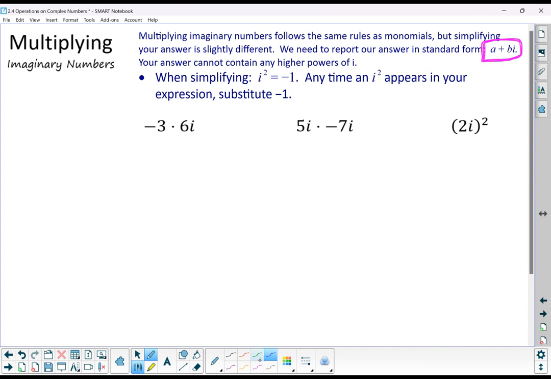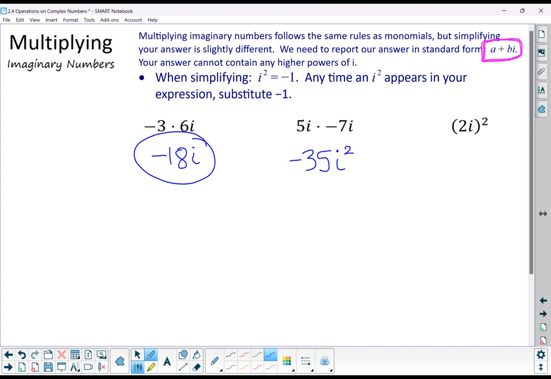Let's try a couple of examples, and as we have an i squared pop up, we'll talk about how to deal with it. So our first example is -3 multiplied by 6i, and that is just -18i, and that's my answer. So that was a real number multiplied by an imaginary number. What if we multiply two imaginary numbers together? Well, I've got 5i, and I'm multiplying by -7i, and I get